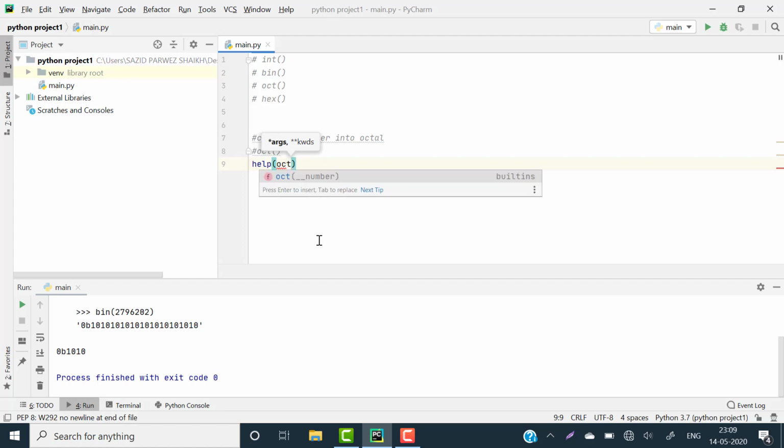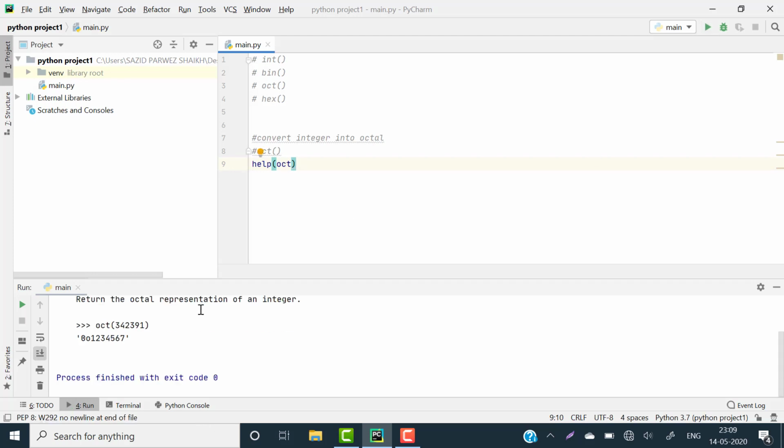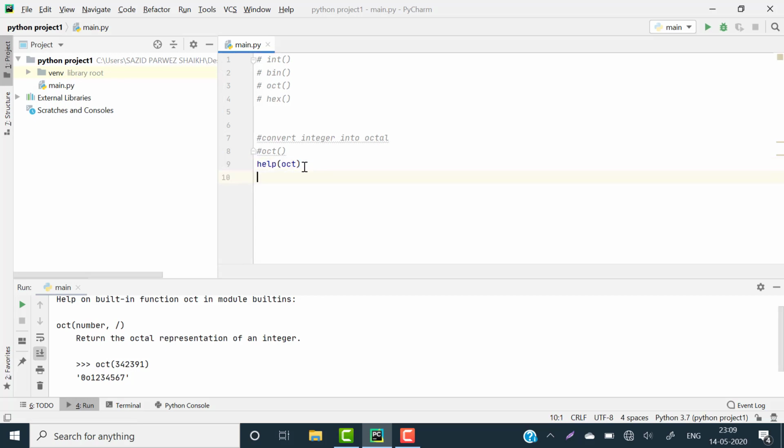We can know further about the oct function in help, and here we see that it is returning the octal representation of an integer.